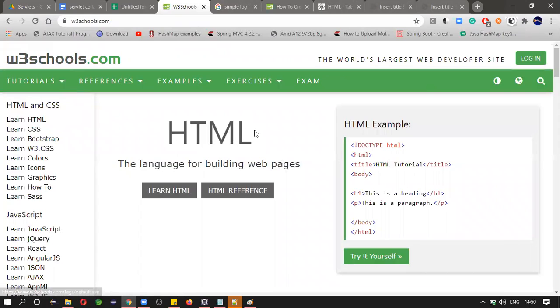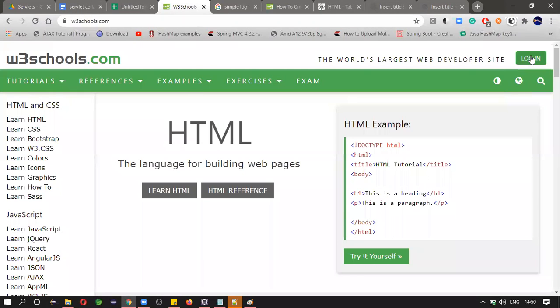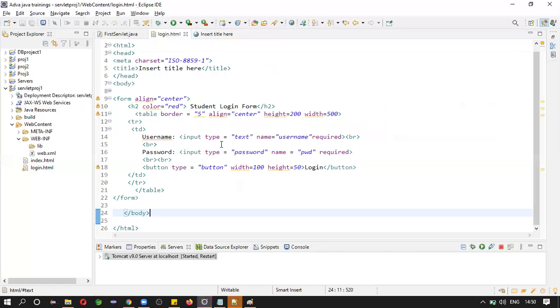See, this is the home page, right? This is the home page, w3schools.com. So we can display this kind of pages at this place. Later you can ask the user to log in. Like this, see, we are having a login button. If you click on this login button, then you will get the login form. This is also a form. And you see, enter your email address. You can also make that here.